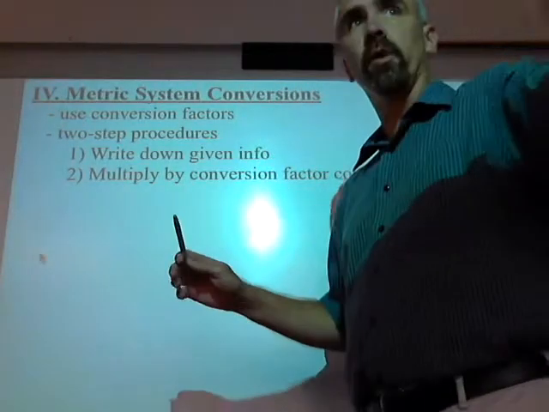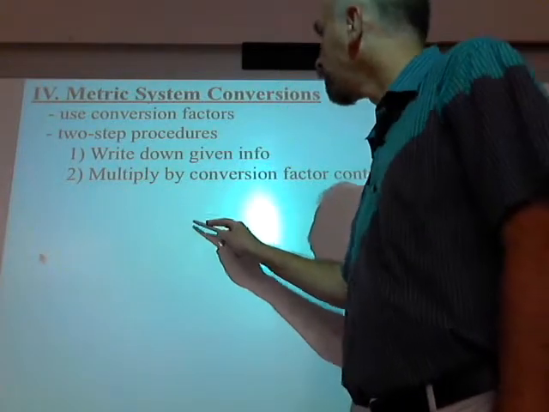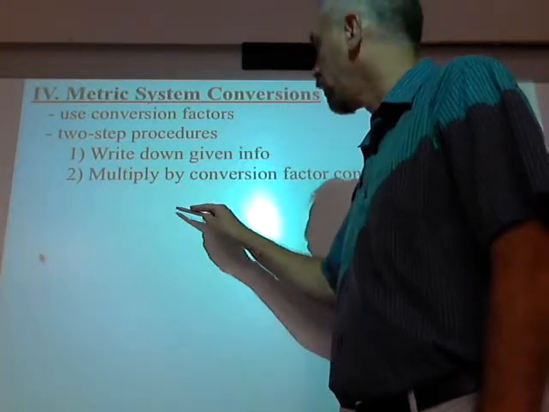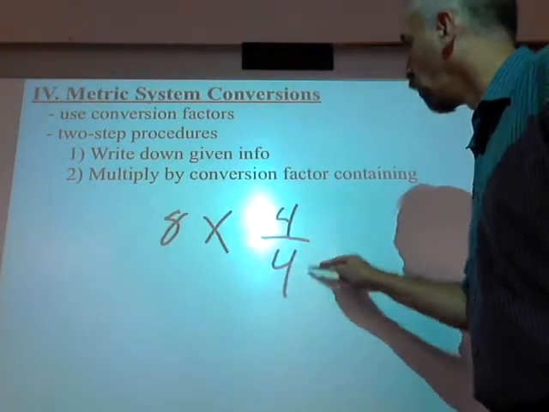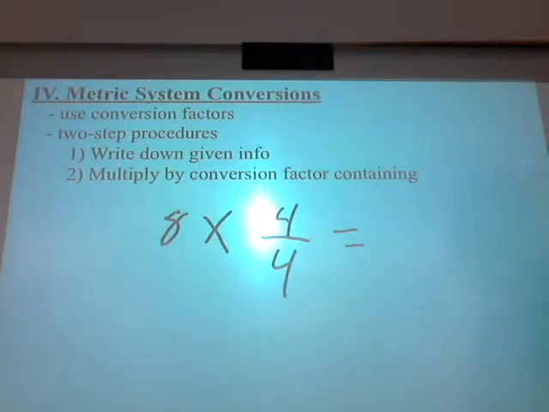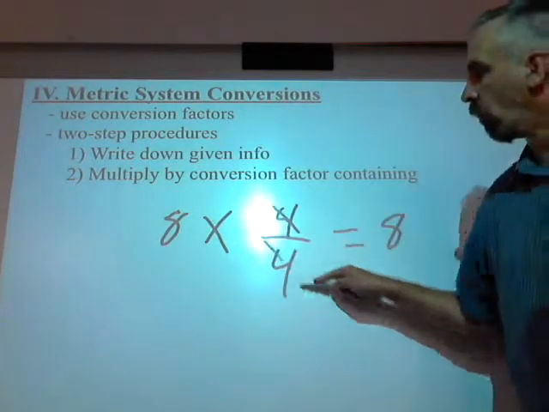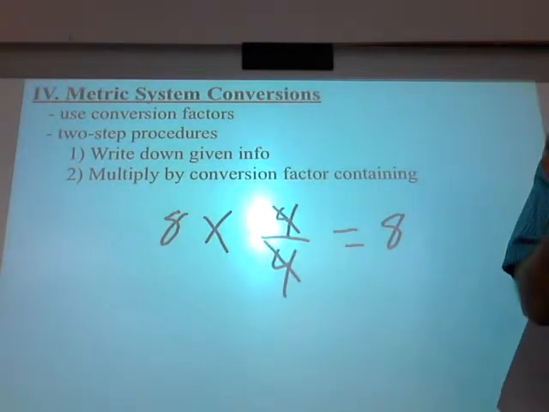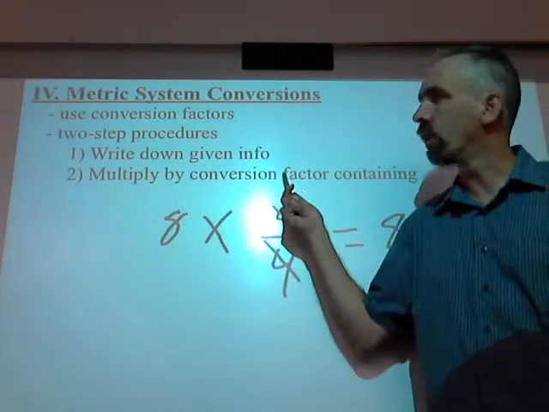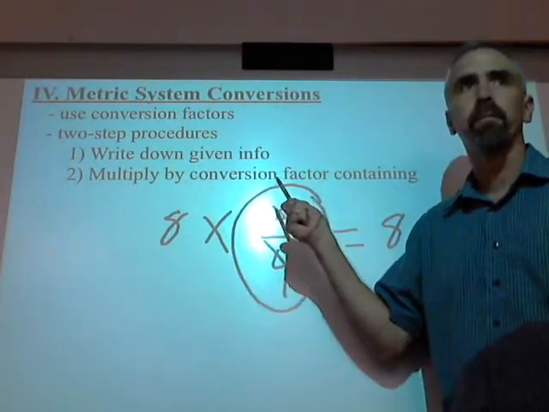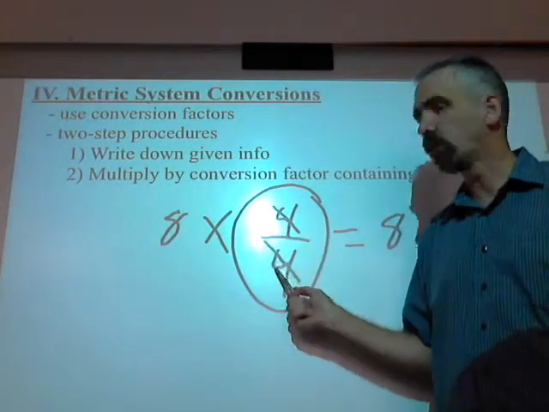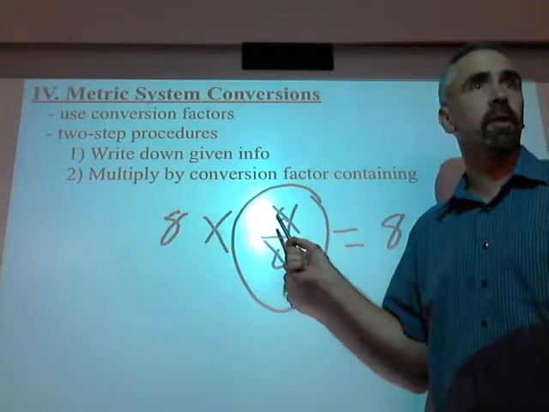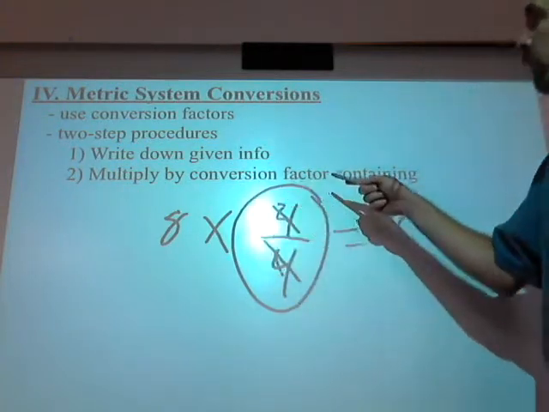Let me show you. Don't do this. Don't write this down yet, because I'm going to put the notes up in a second, but watch. If I take whatever number it is, it's just 8, and I multiply it by 4 over 4, what do I get? 8. I get the same number, right? Because what is 4 over 4? 1. All right. That's all you're doing in a conversion factor. You're multiplying by 1, because the stuff in the top is equal to the stuff in the bottom. 4 equals 4, right? And since they're both equal, they cancel out, you get a 1. Well, that's what you're going to multiply by in a conversion factor.